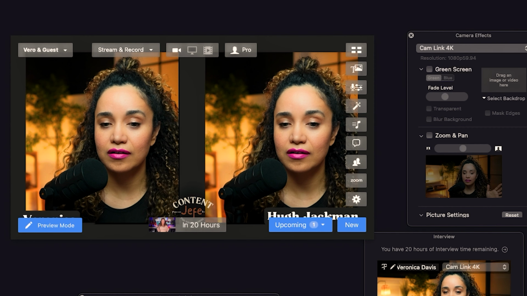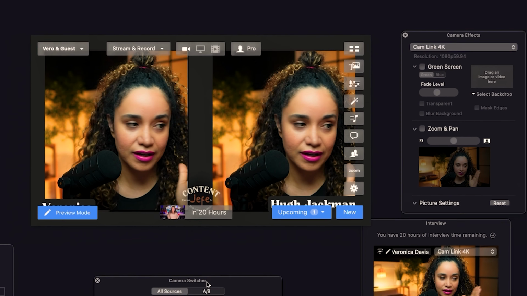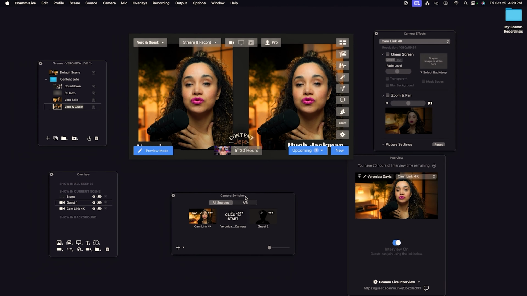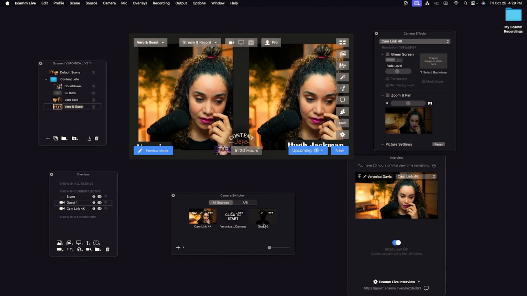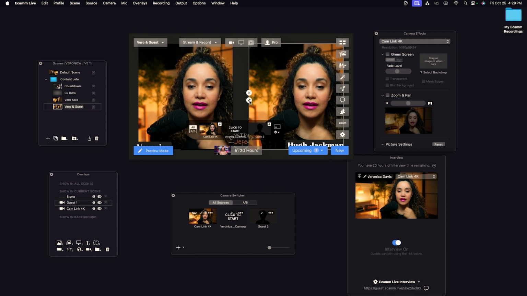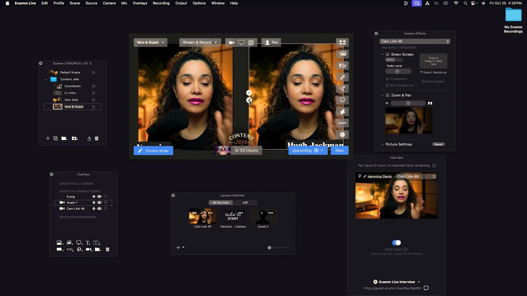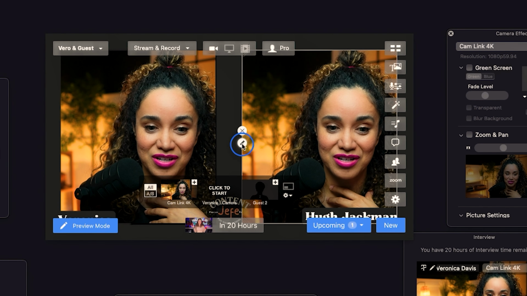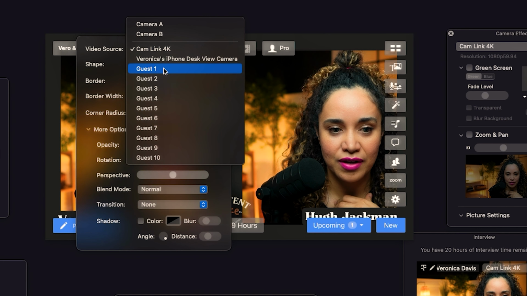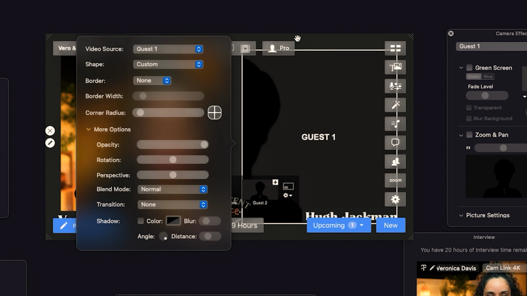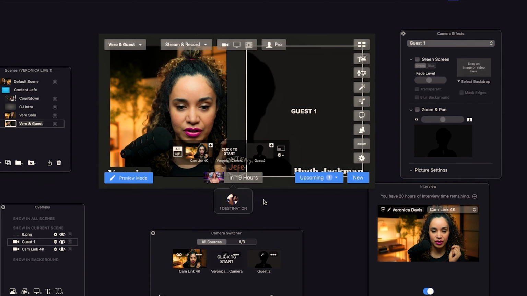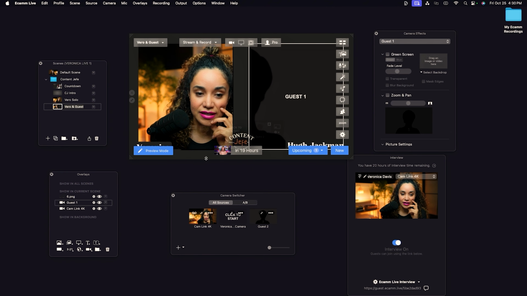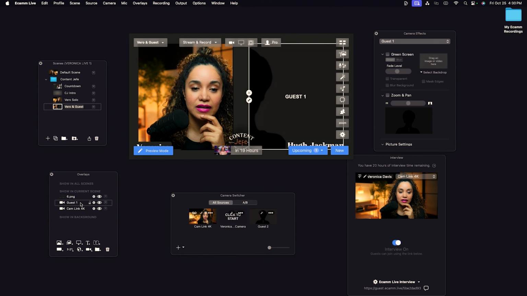If you are recording with different cameras, you have different camera angles and you want to switch between the camera angles, the way that we do it is that we come here to the editing button on the right side of the screen where it says Hugh Jackman, because I'm interviewing Hugh Jackman. And we switch it to guest 1. It's going to go dark because right now we don't have our guest here, but Hugh Jackman will be joining